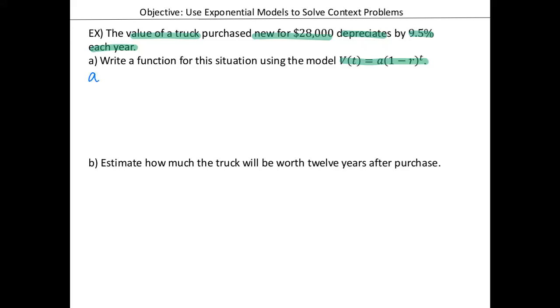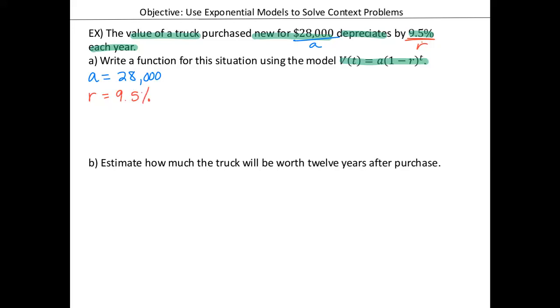Okay. But I still need to know what's a and r. So my a value is still the initial. So how much is the truck new? 28,000. So 28,000 is my a value. That's how much it's worth brand new. Then my r is still the rate, but this time it's decreasing. So what's the rate of decrease? That's still my percent over here is r. So my r is